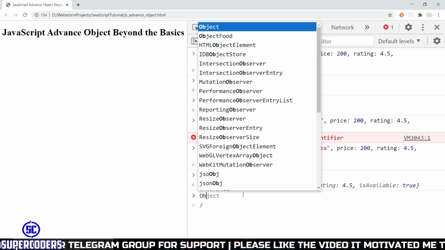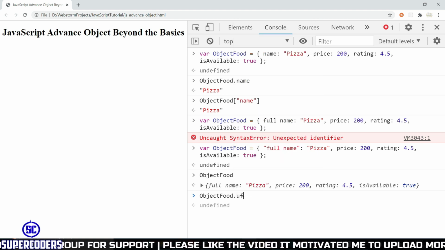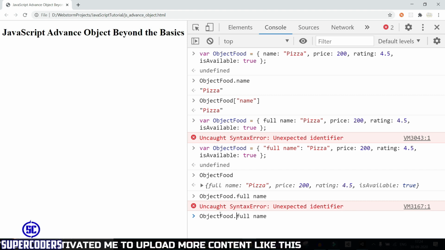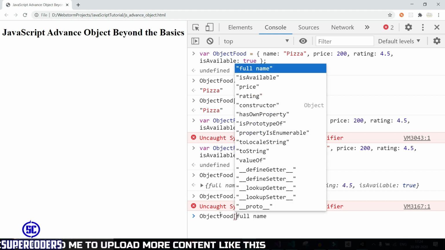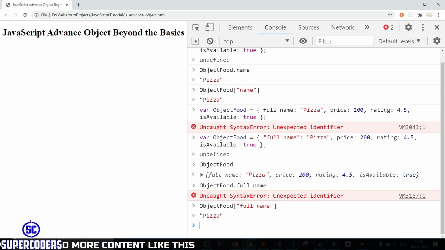If I try to access object food dot full name, you can see it shows an error. So in this situation, you can use the square bracket way to access this data of pizza or full name. Simply remove this dot, then double quotes, and enter.